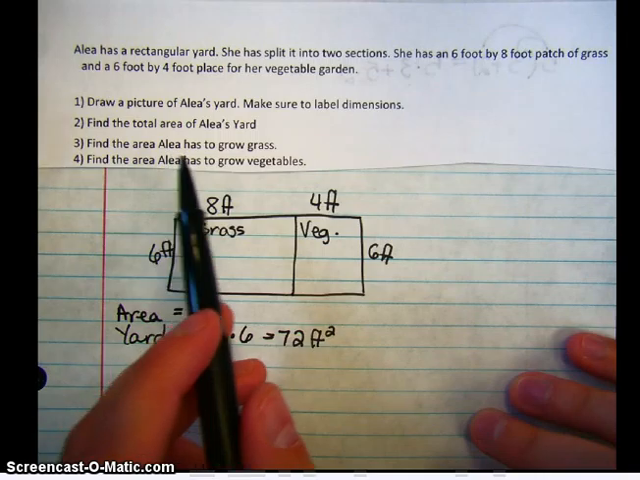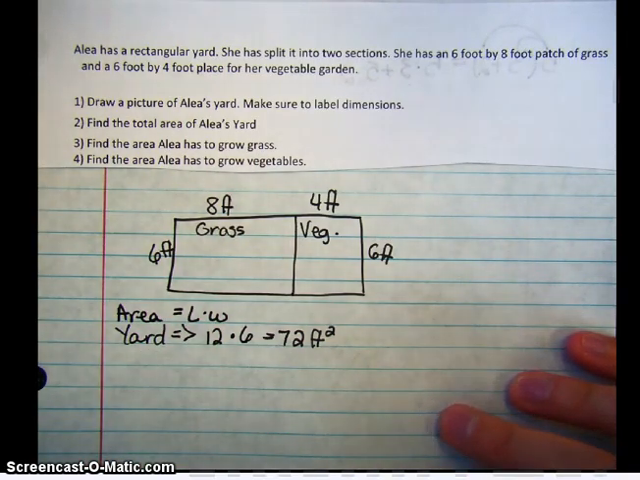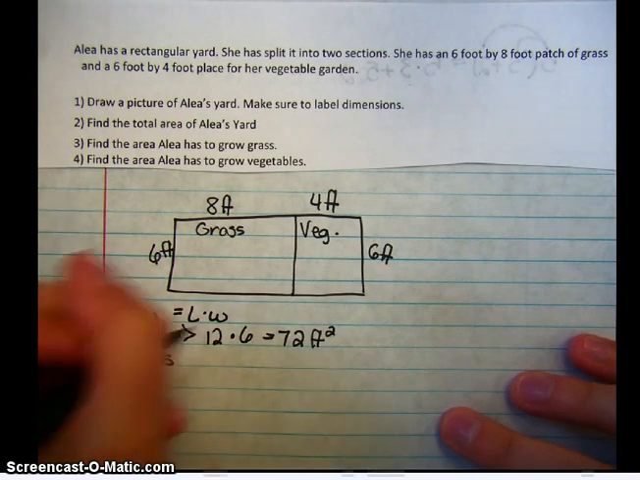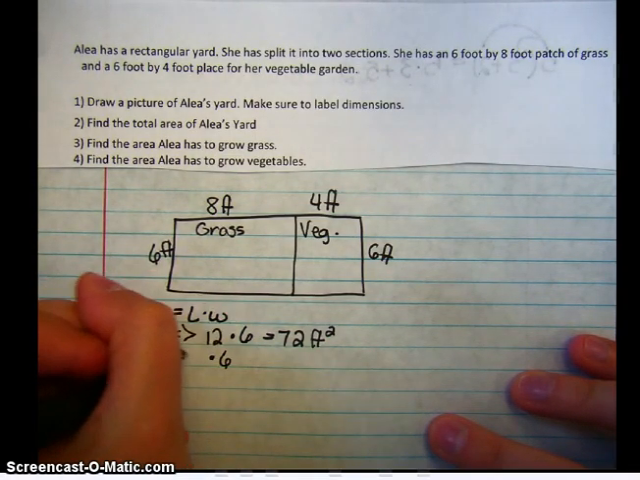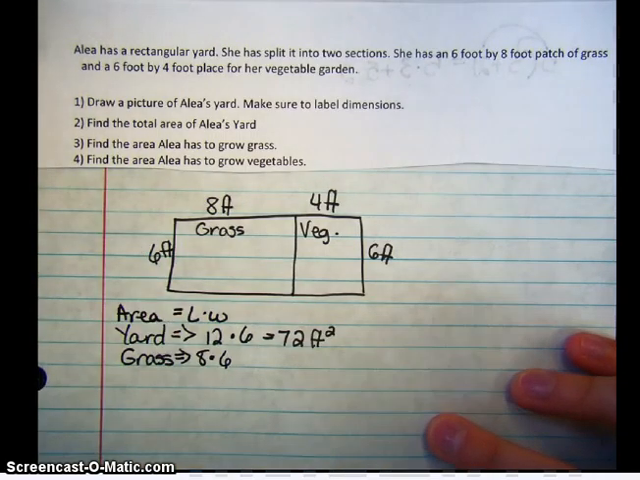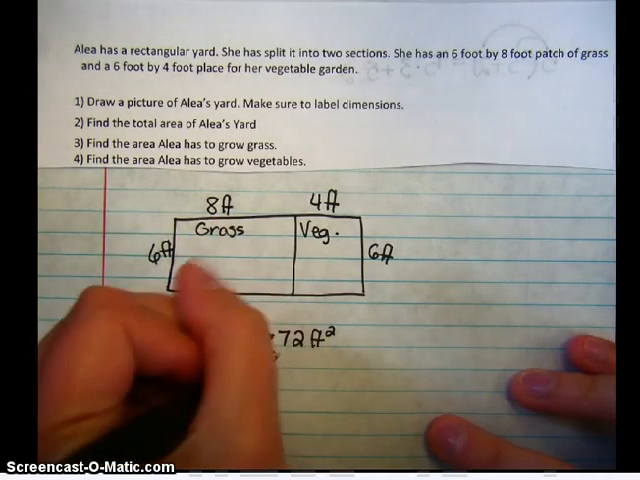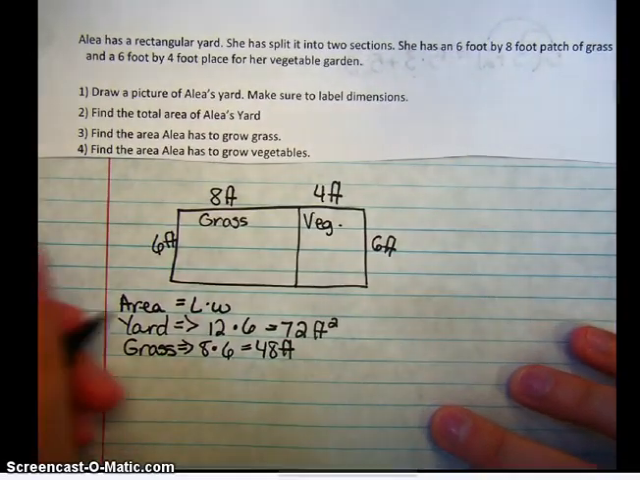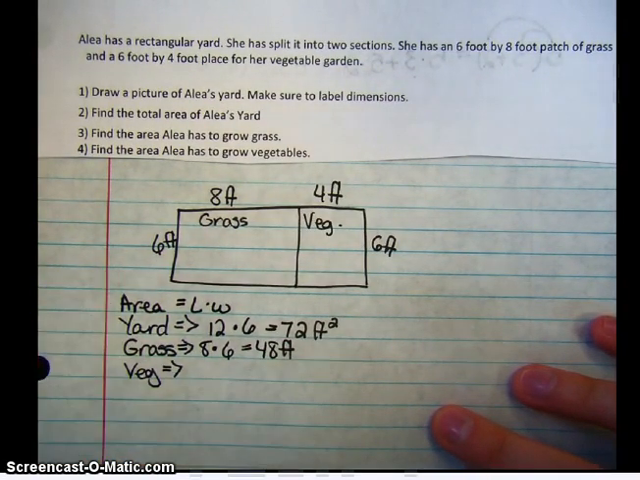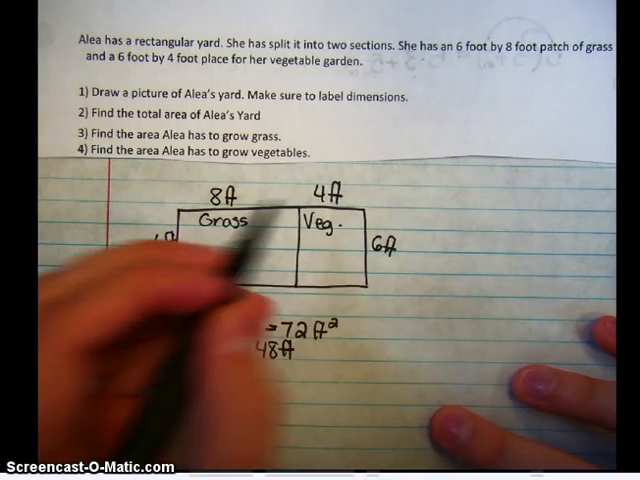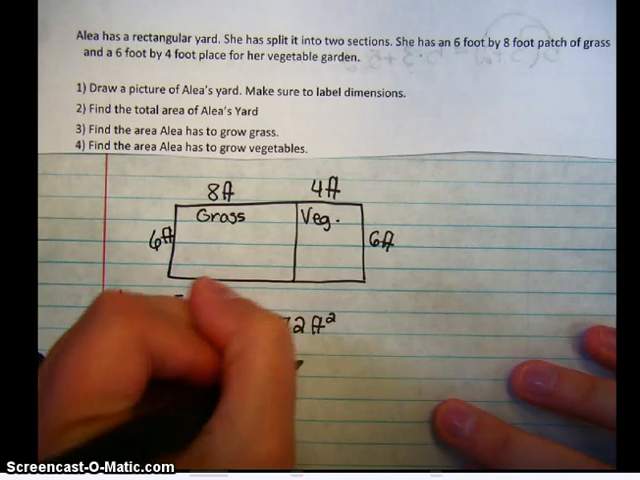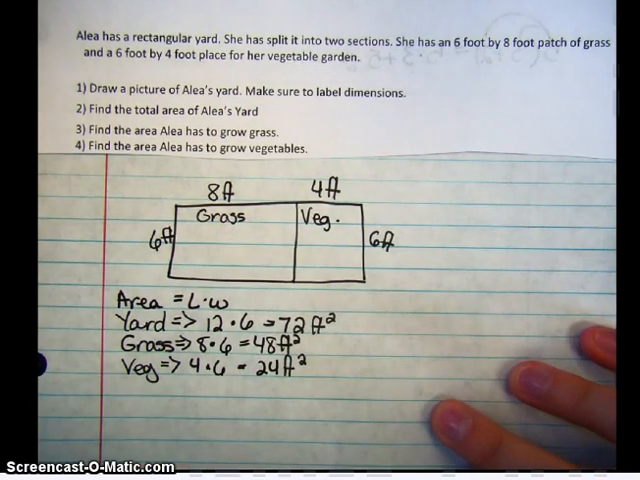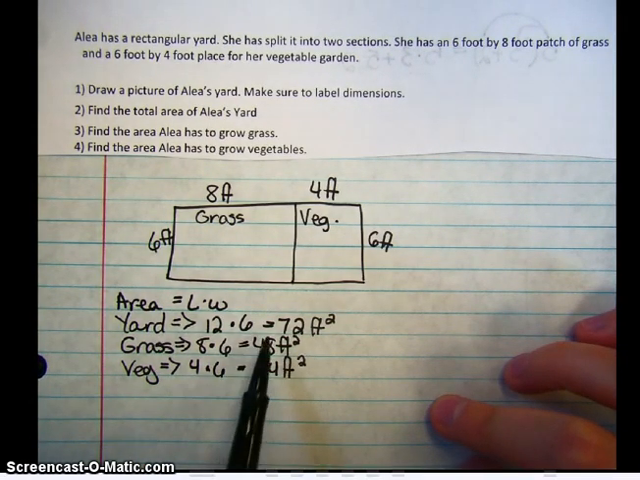But they also asked us to find the total area for grass and the total area for vegetables. So for grass, again, we're looking at length times width. The width is 6, and the length is 8. So 8 times 6 is 48. And again, we're looking at feet squared. All right, so now let's look at the veggies. The width again is 6. The length this time, though, is only 4. So 4 times 6 is 24. And again, it's feet squared. Now, incidentally, if you add up the area of the grass and the vegetables, 48 plus 24 is